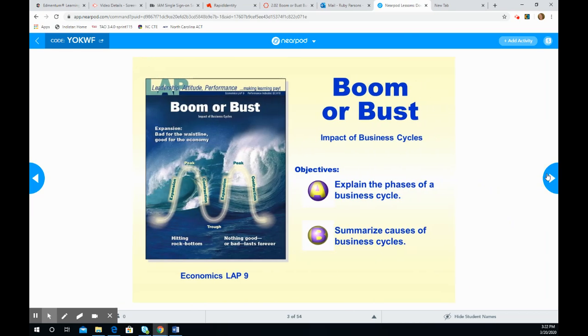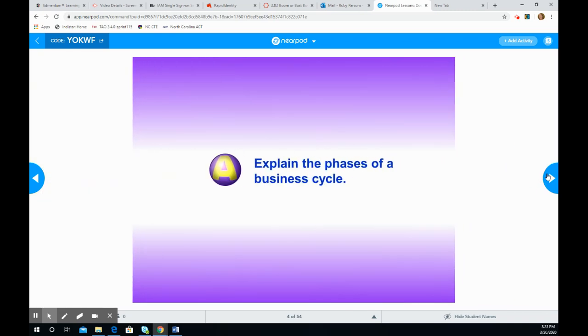So as we look at this today, the two objectives that we're going to cover is I'm going to explain the phases of the business cycle again. And then at the end, we're going to summarize the causes of the business cycle. So to start off with, let's look at part A, and we're just going to go through the phases of